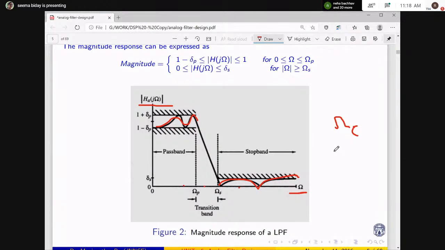See, omega c, the cutoff frequency, should be in between omega p and omega s, right? And this is called the pass band, where the